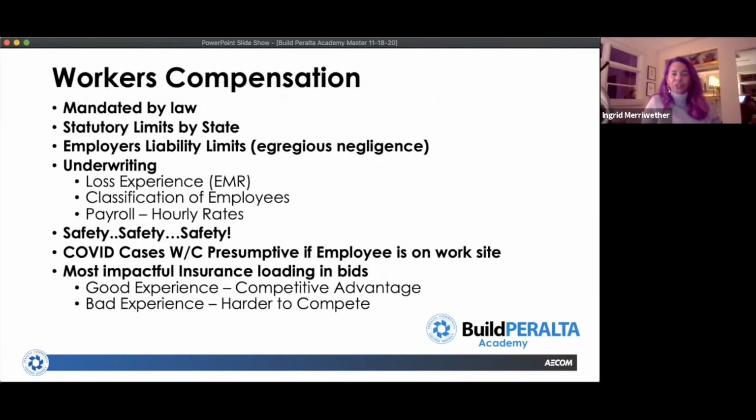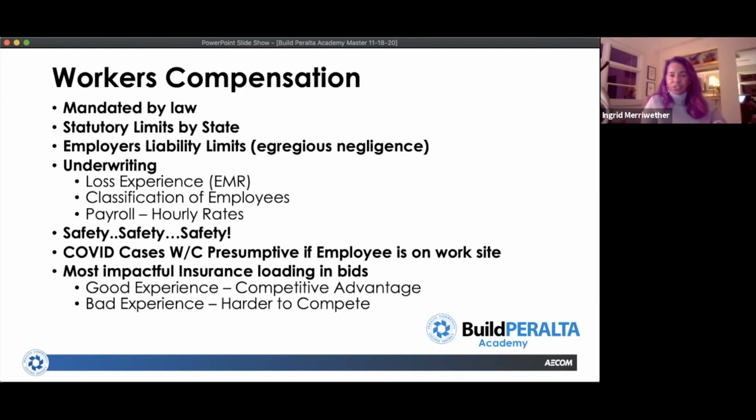Okay, just a minute or two on workers' compensation. Most of you are pretty familiar with workers' comp. It's mandated by law in the state of California. It's got what's called statutory limits. Workers' comp covers an injured worker's medical payments and lost wages. That's what the statutory limits are. There is another section of workers' compensation that's called employer's liability, but this is rarely triggered, and it only happens when there has been deemed egregious negligence by the employer,